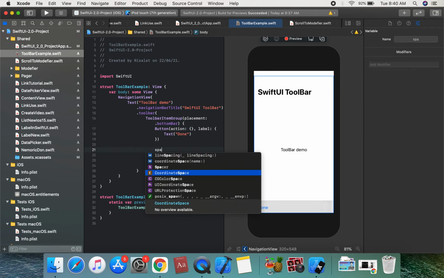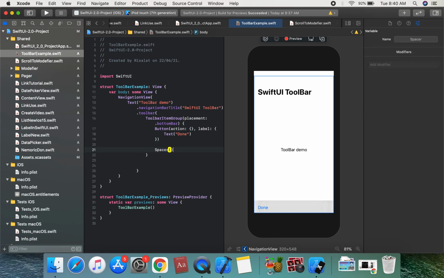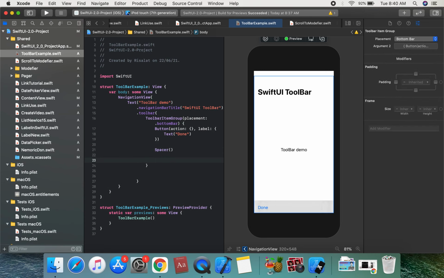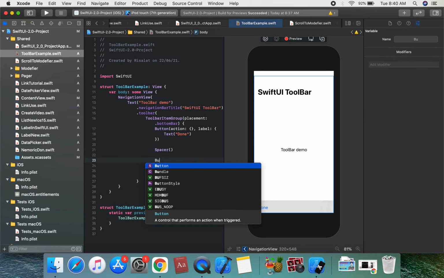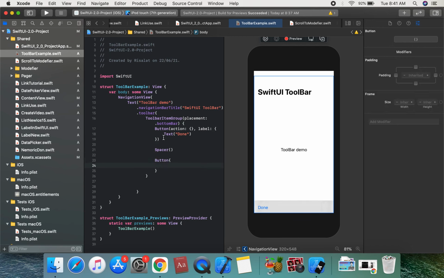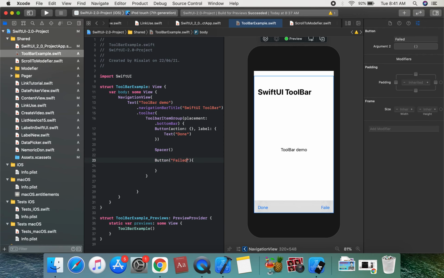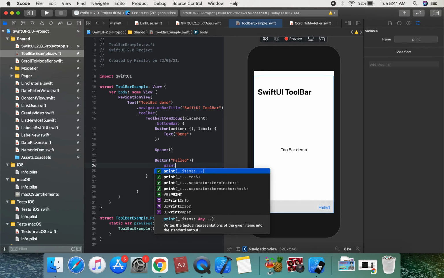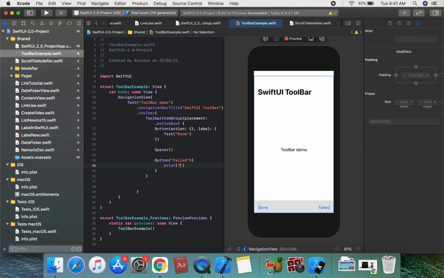We're going to apply a spacer, and then the second button, which is Failed. This is the Failed button, and we create a print statement for the Failed event. We can add another button.